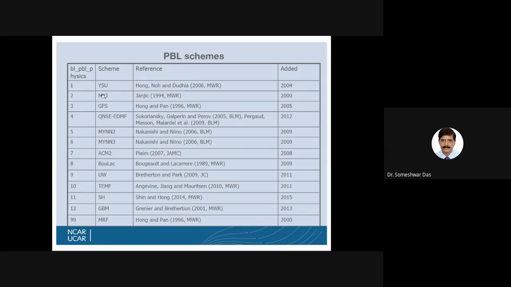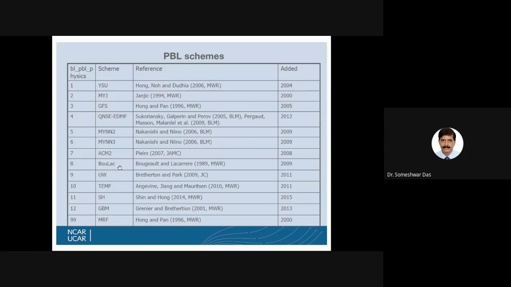Any scheme which is related to Mellor-Yamada, whether it is MYJ or MYNN2 or MYNN3, etc., they are very expensive schemes. Okay, it takes a lot of computer time, although it computes the PBL fluxes more accurately, it is very expensive. Whereas the YSU scheme, the GFS, the MRF, etc., are slightly cheaper schemes.